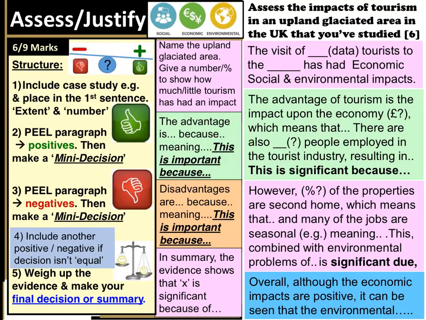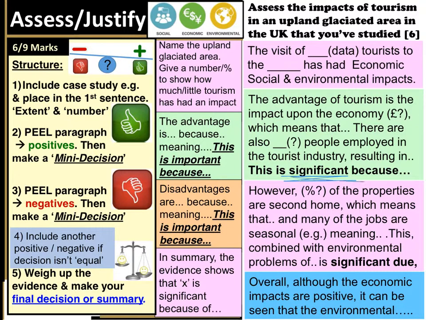Your next paragraph is all about the advantages. So the advantage of tourism is the impact upon the economy. So tell us there how much money is made per year in the Lake District from tourism. It's just over £1 billion per year. This means that, and then talk about jobs and the tax that people pay. There are also, and then give a number, about 54,000 people employed in the tourist industry. This results in, and then give us some knock-on effects, some meanings that, and then your mini decision, which is,